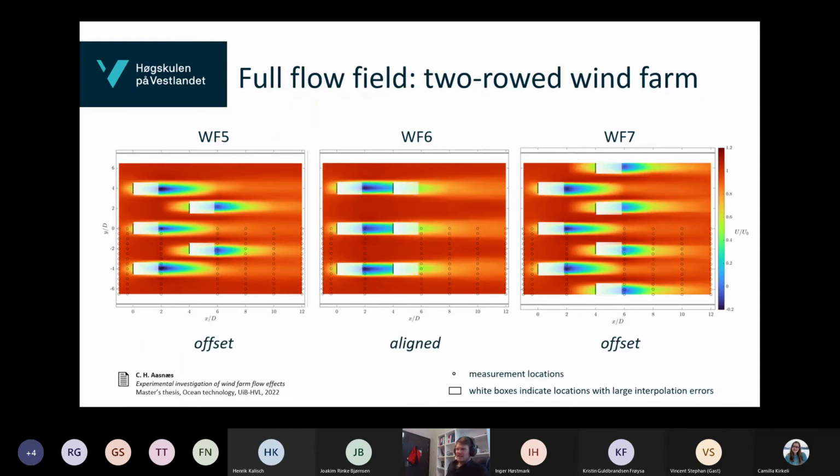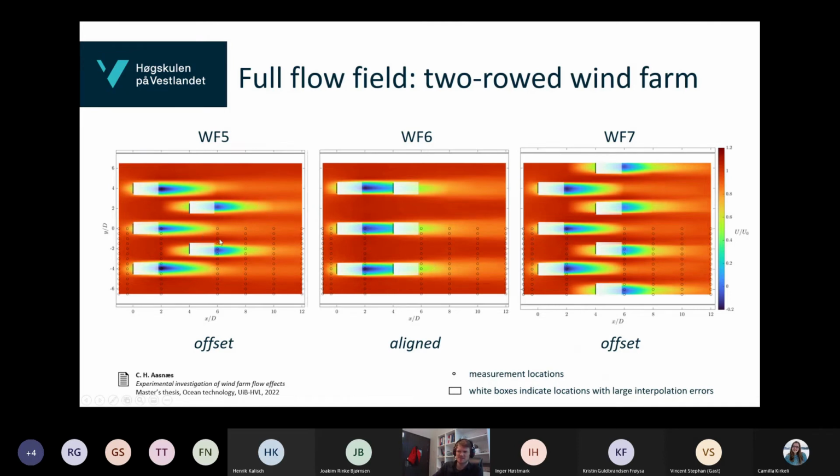Let's now look at a full flow field of these 2-row wind farms that we investigated, which we call then Wind Farm 5, Wind Farm 6, and Wind Farm 7. Wind Farm 5 and 7 are offset setups. Wind Farm 6 is an aligned setup. And this is an